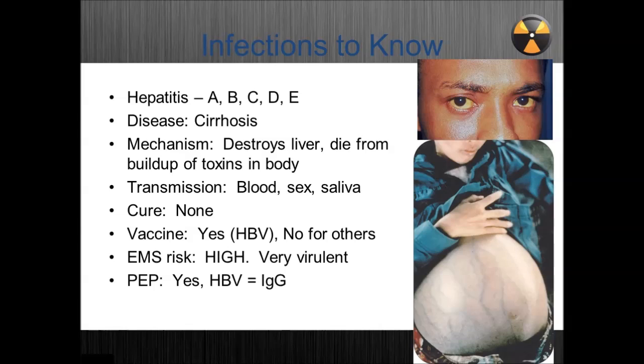In third world countries, you'll see A, which causes a lot of diarrhea, but basically it affects the liver, which is the organ that cleans your blood, destroys the liver and causes the belly to get swollen. And who can tell me what's going on with this guy in the top right corner of the screen? Yeah, that's jaundice. It makes the white part of your eyes turn yellow. It has to do with the liver not functioning well and toxins build up in your blood.